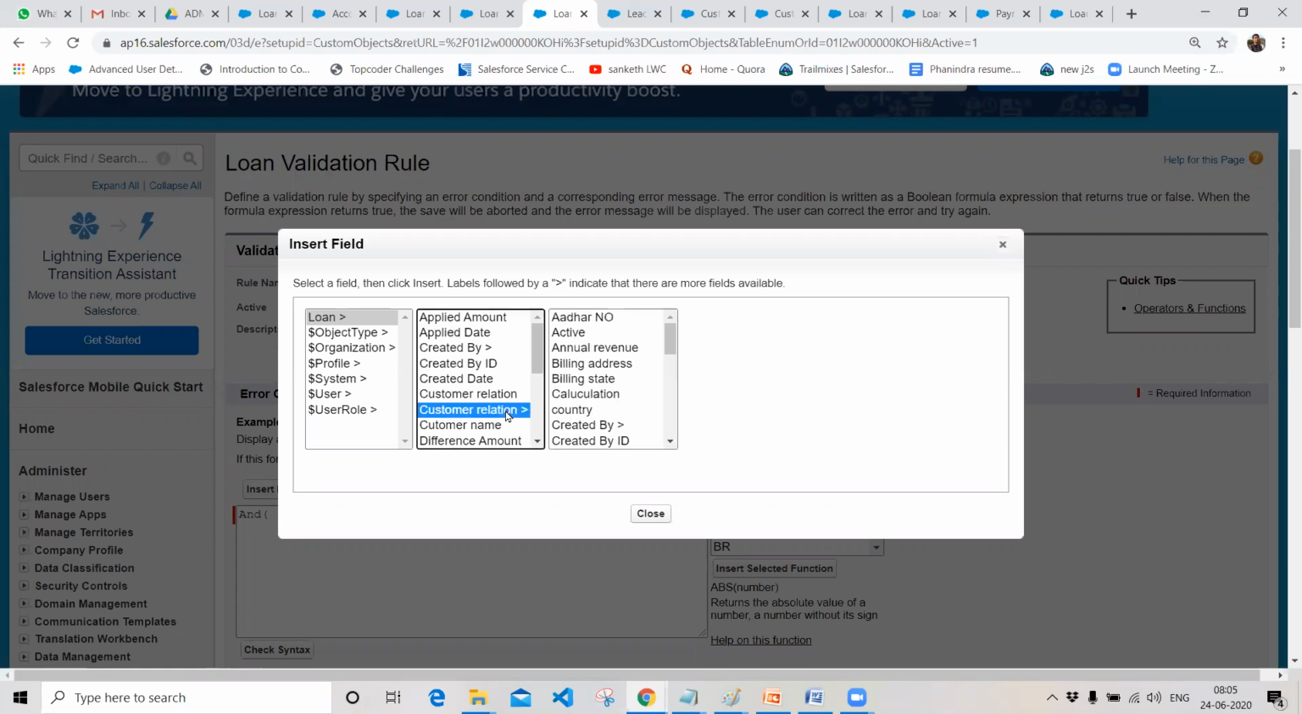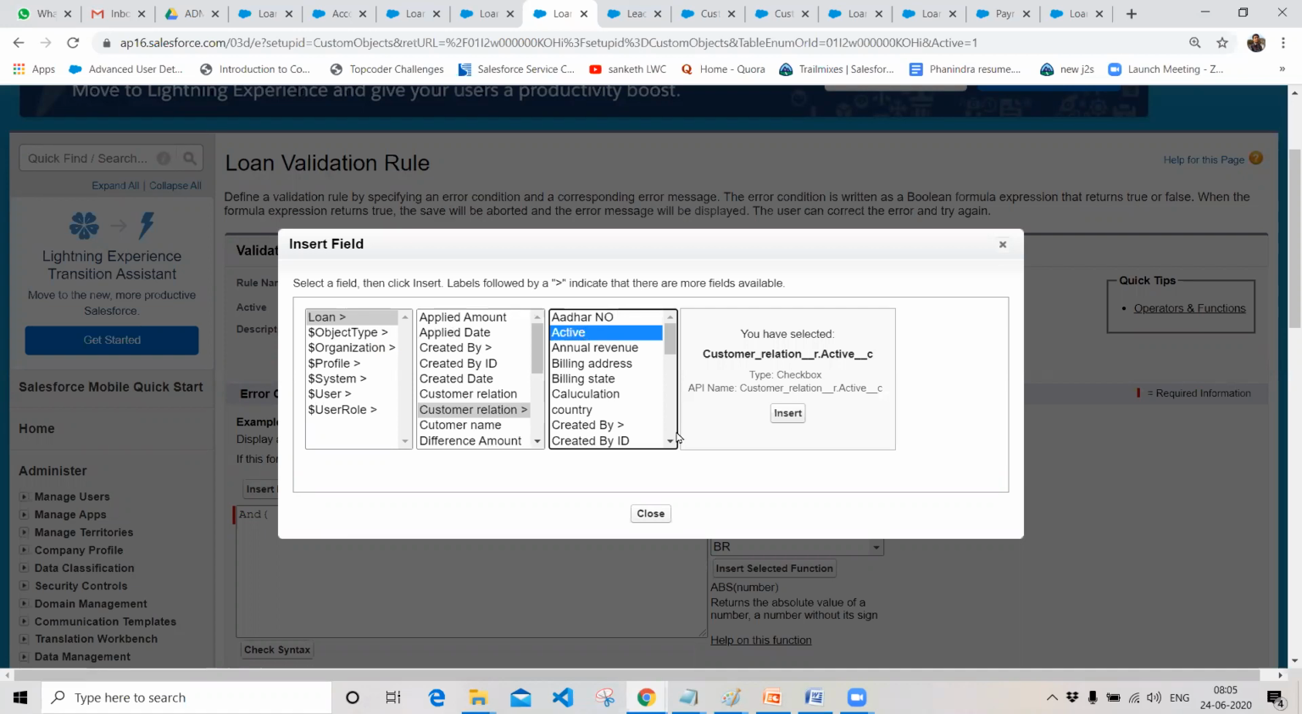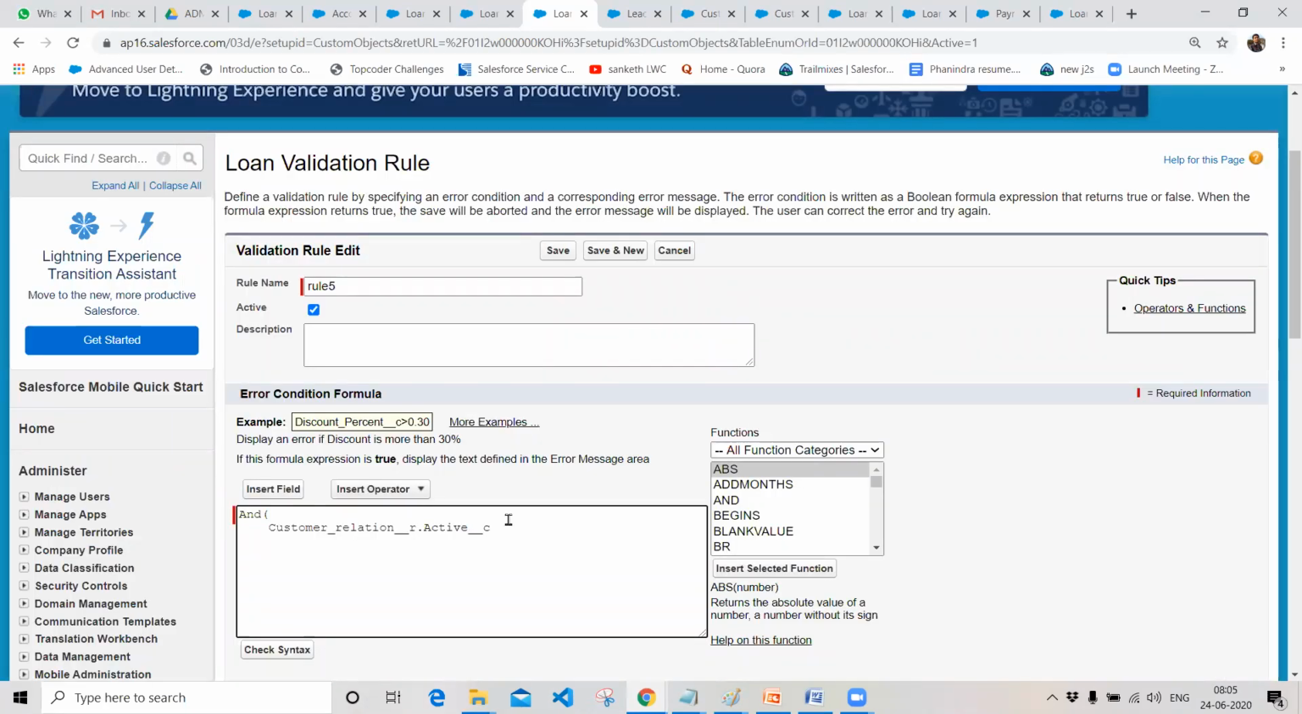Click on the custom relationship. It will navigate to the fields in your parent object, and click on insert. And if this field equals true, since it is a checkbox, we have to define whether it is true or not. So this is how we can define it over here, and just give a bracket so that the system will have no confusion. And now I want to check the data in the loan object. So how will I check? ISBLANK of